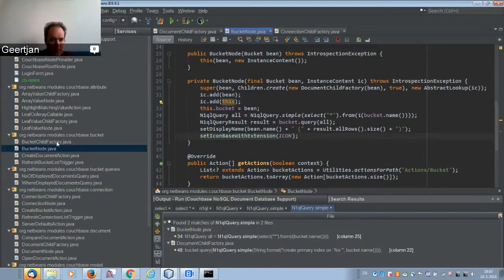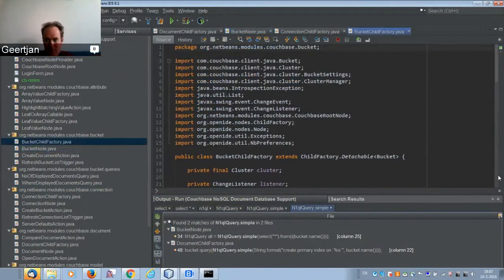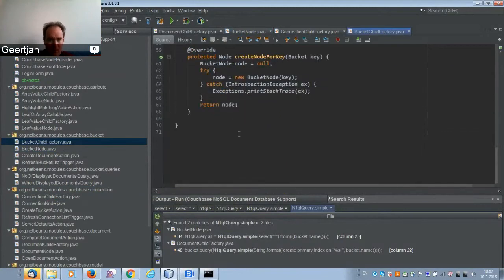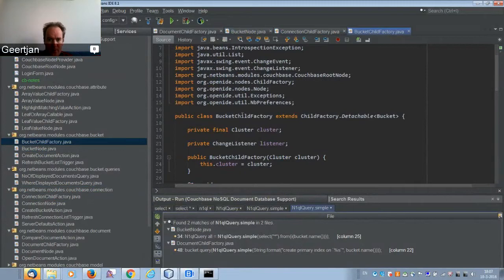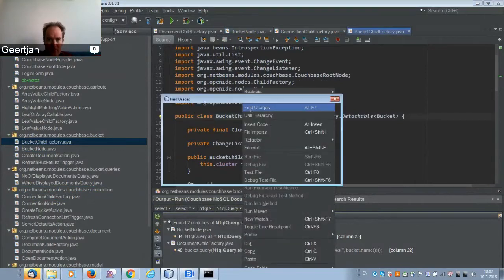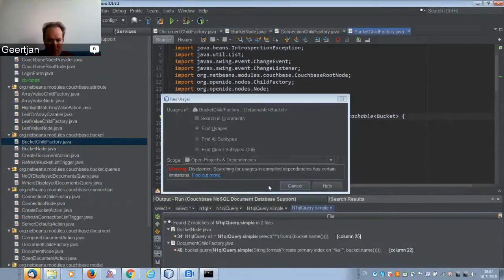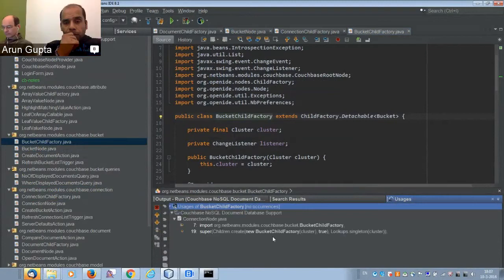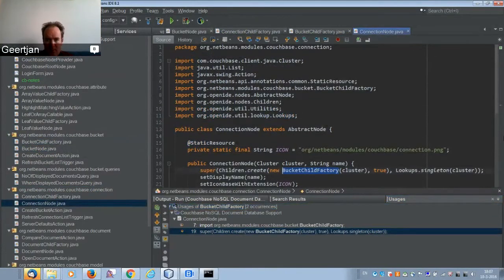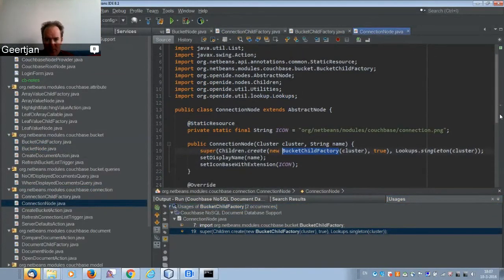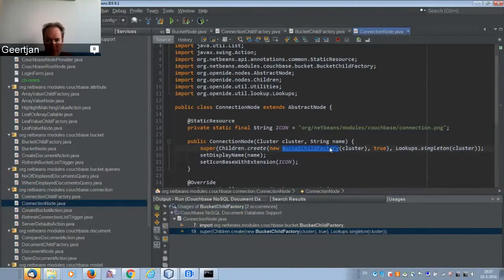Bucket child factory. Does it create buckets? Okay, so where is bucket child factory code from? That's the question. So we'll find usages. Connection node. Okay, so within the connection node, we create the bucket.